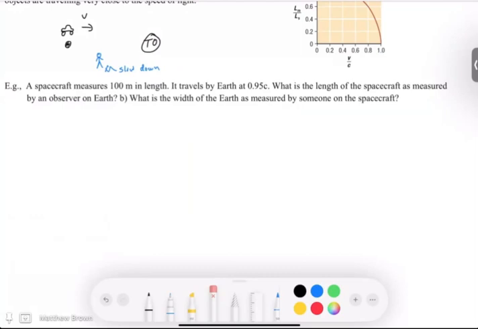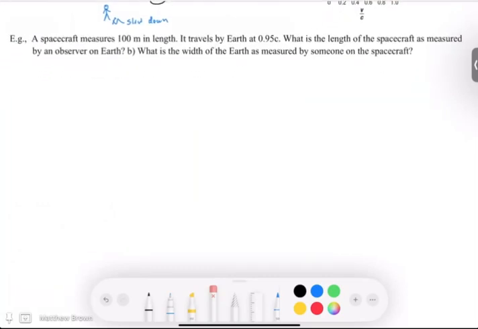Okay, our example here: a spacecraft measures 100 meters in length. So this would presumably be someone in that inertial frame. It travels by Earth at 0.95 c. What's the length of the spacecraft as measured by an observer on Earth? What is the width of Earth as measured by someone on the spacecraft? We'll assume by width of Earth here we mean in the direction of motion. So for part A here,